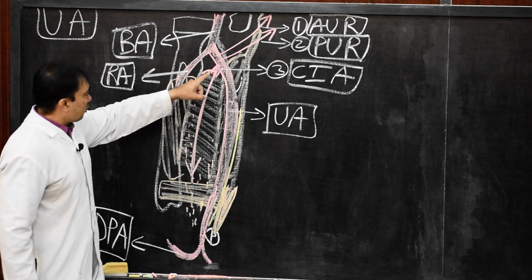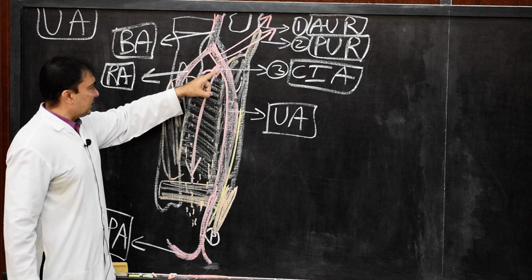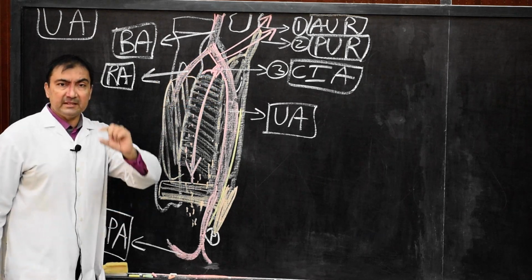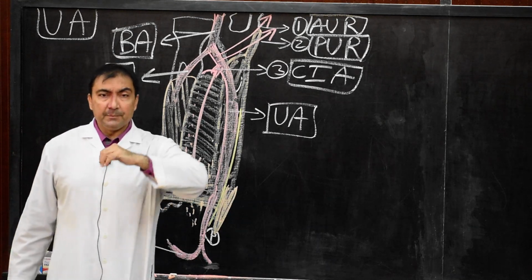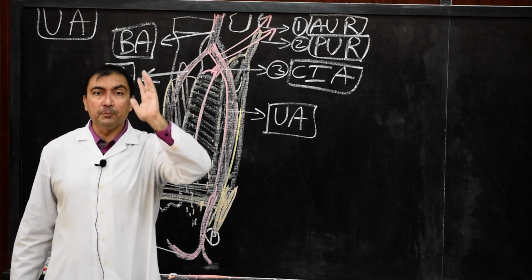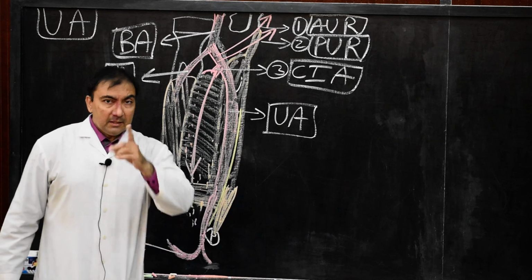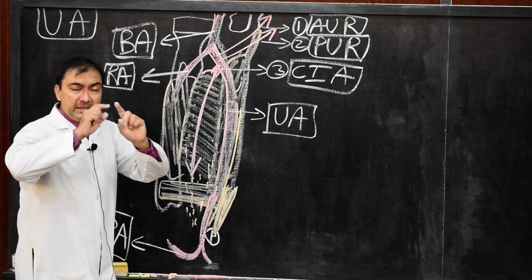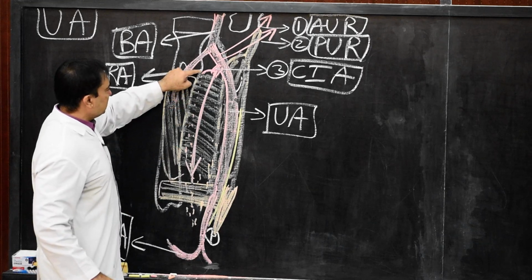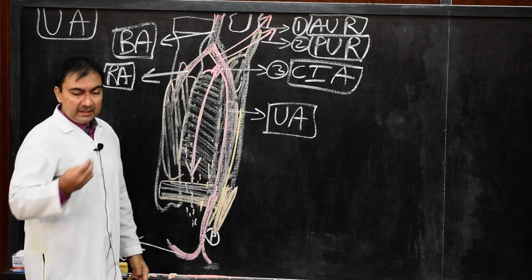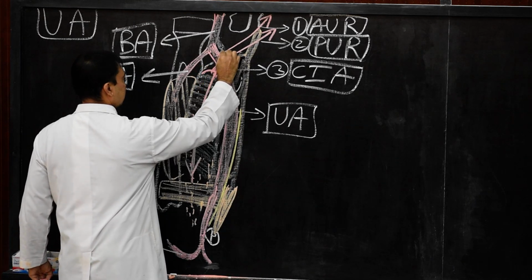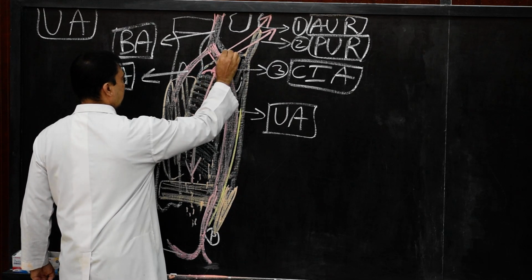Remember, I told you, common interosseous artery is a branch of ulnar artery at the upper border of interosseous membrane. That means there is a small gap which is present between upper border of interosseous membrane and oblique cord. That oblique cord is present beneath the radial tuberosity and ulnar tuberosity. If I show the oblique cord at this level, this is where the oblique cord will be attached.